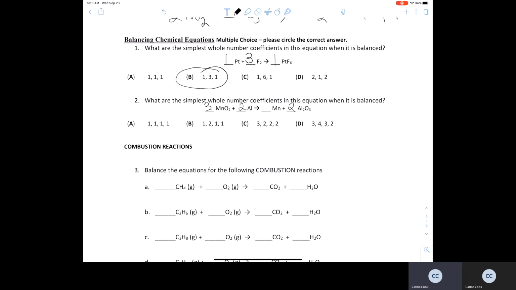Now I've got also 3 manganese, Mn, atoms on the left. So I need to put a 3 coefficient here in order to have 3 manganese atoms on the right. So my correct answer, 3, 2,